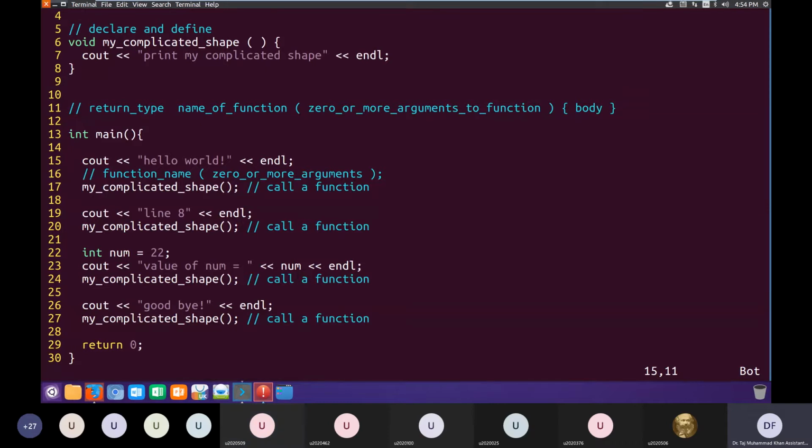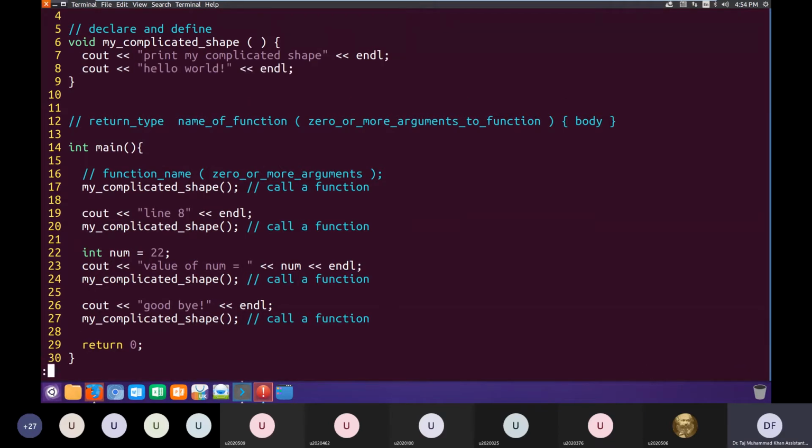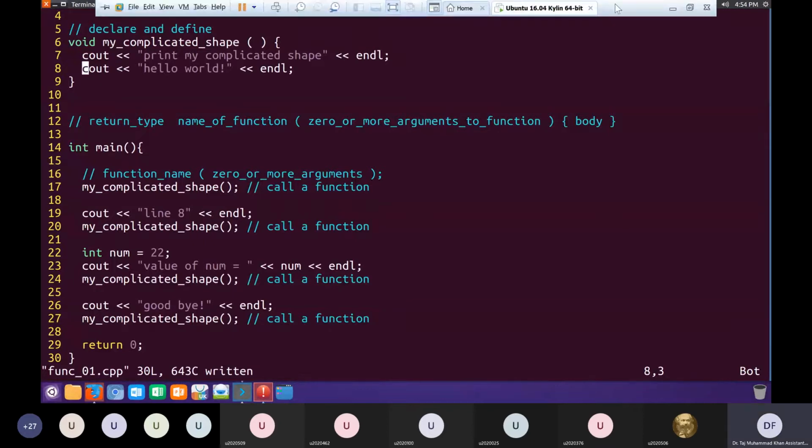At line number 27, we are calling a function. So anything inside that function will be executed. If you want to, let's say, print this thing, you can put it here in the body of the function, and whenever you call the function, now both these statements would be executed. I'm not sure if that's what you meant or if you meant something else. Yes, so the whole function is executed in a function call.